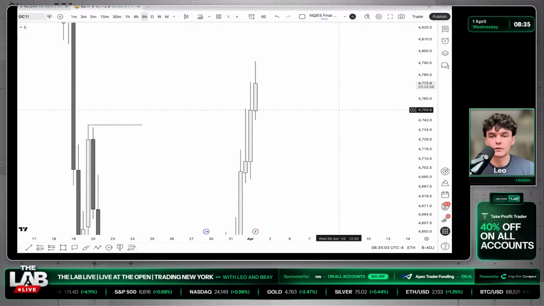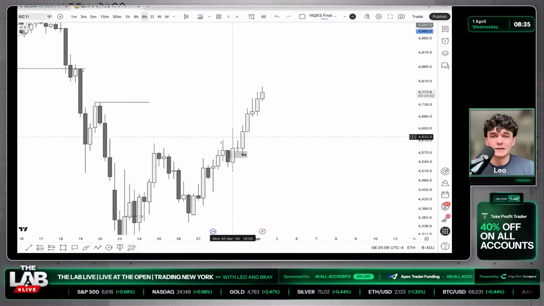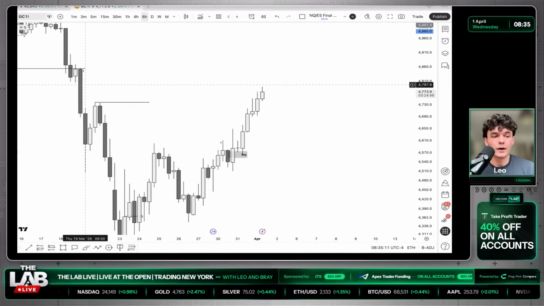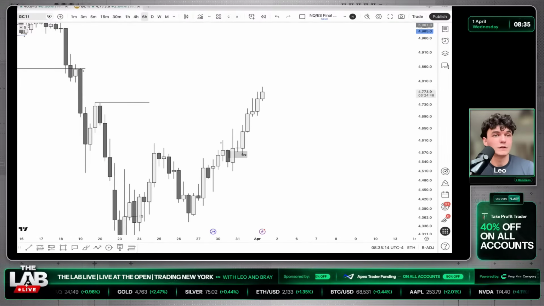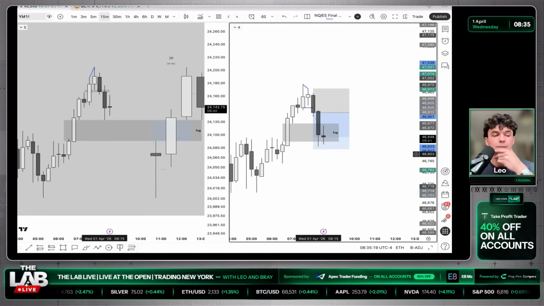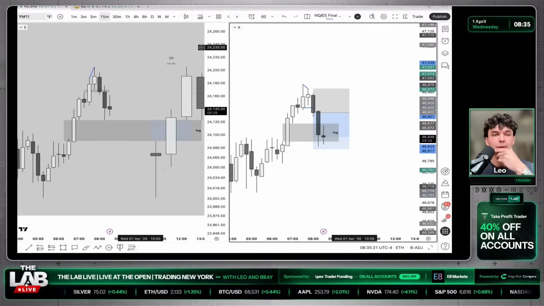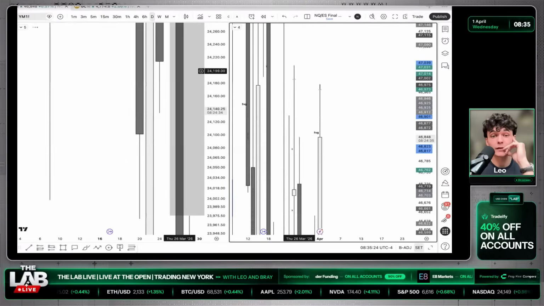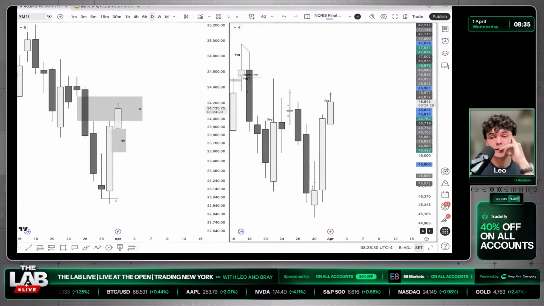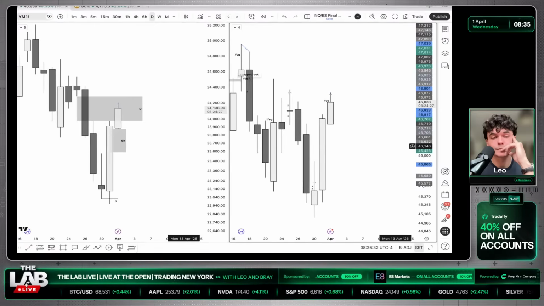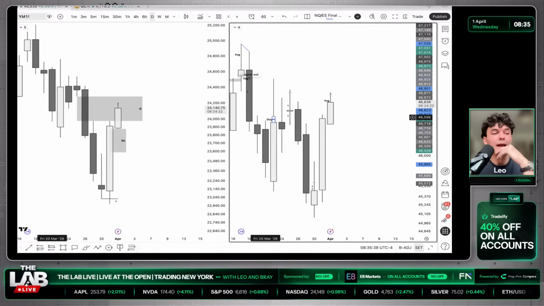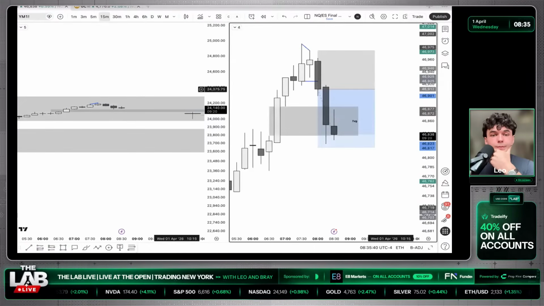15, 4, 6. I mean, GC is just going to continue higher, unless we somehow reject off of this 4 hour, 6 hour fair value. But I'm honestly thinking GC is continuing higher here as well. Curious to see if we fail to inverse this fair value too on the 15. I'm quite hands off right now, but I can't lie, chat. The framework for today looks really solid. Framework for today looks extremely solid on most indices. So I'm a big fan of what I'm seeing here. So I'm curious to see how we react. But as of right now, I'm a big fan of this framework.